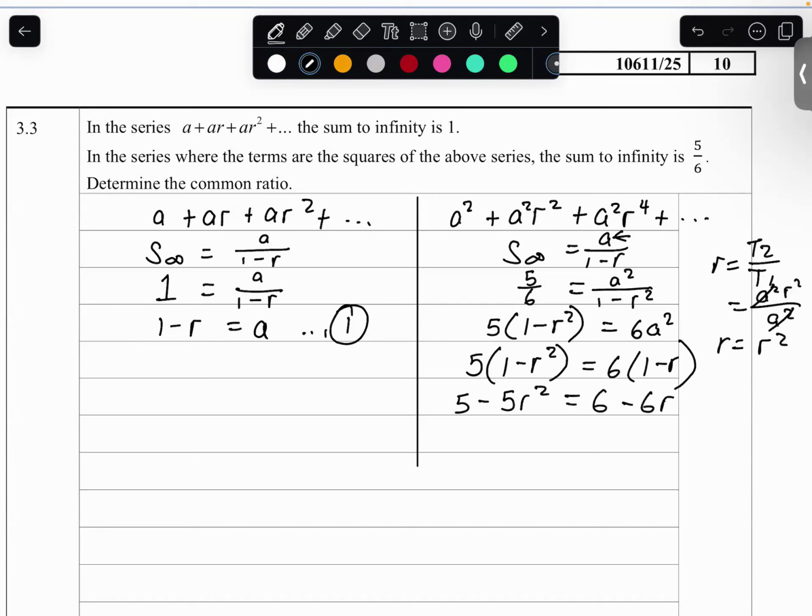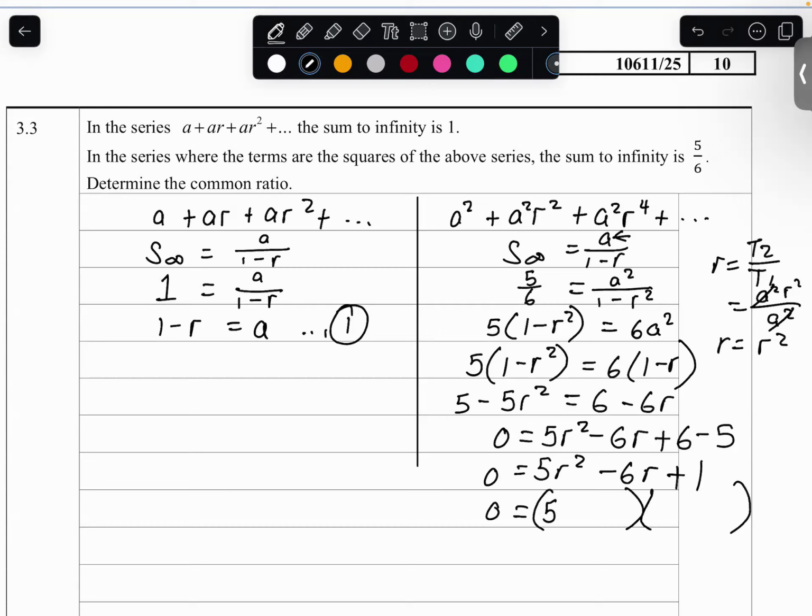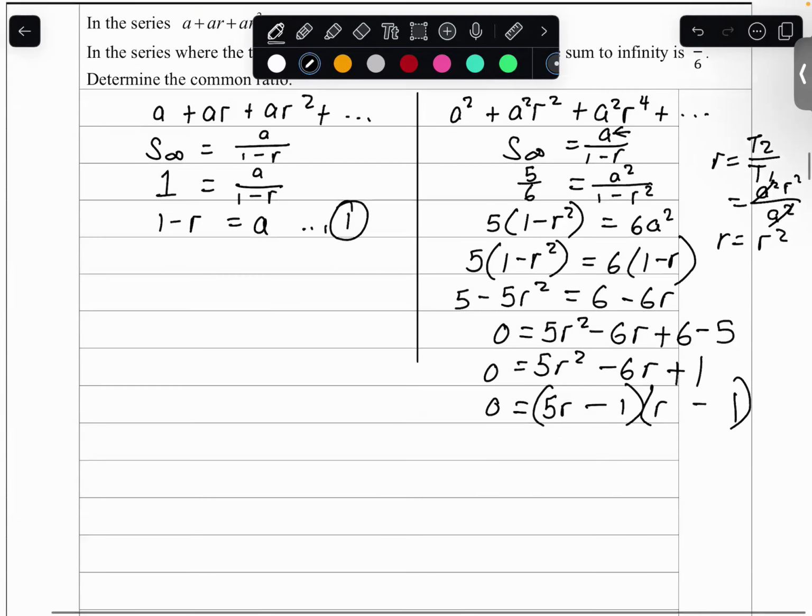And then I'm going to take everything over, have a 0 on one side. So I have 5r squared minus 6r plus 6 minus 5. That gives me 5r squared minus 6r plus 1. Factorize the trinomial. We have 5r and r, 1 and 1, both negative. So r is equal to 1 over 5, or r is equal to